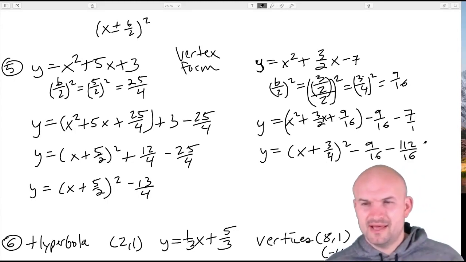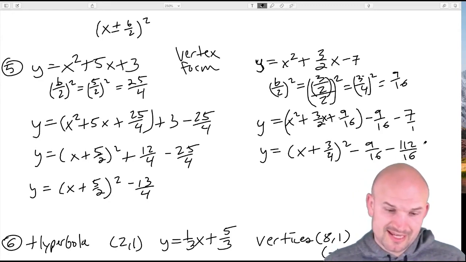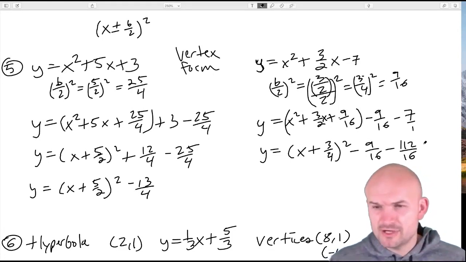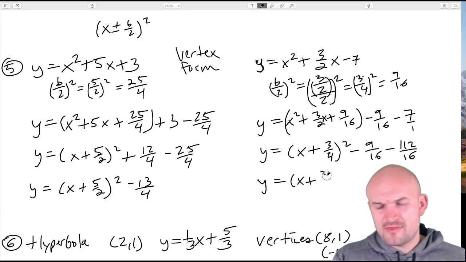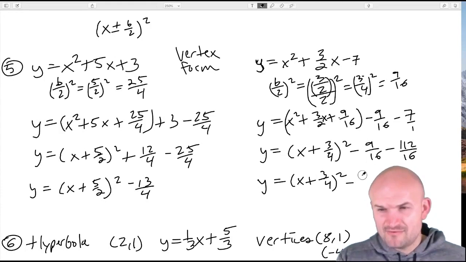Am I doing my math right? I was going to multiply by 16. Yeah. Since I have a calculator, might as well just double check I'm doing my mental math correct. Yep, 112. Okay, so then y equals x plus 3/4 squared,